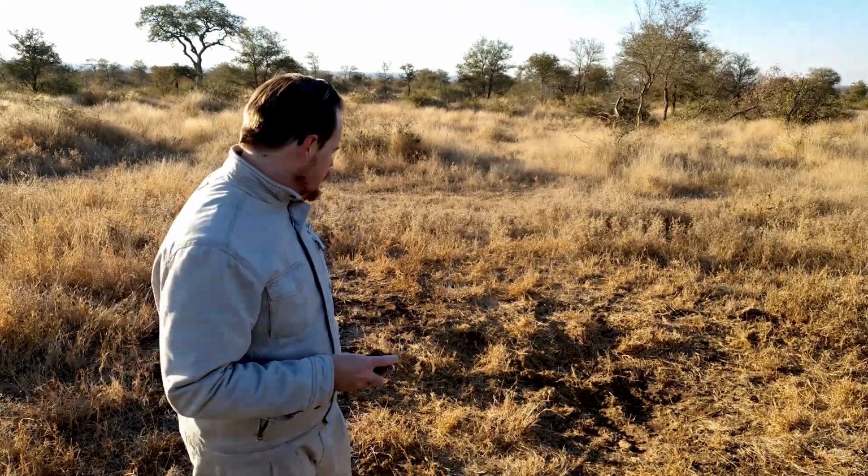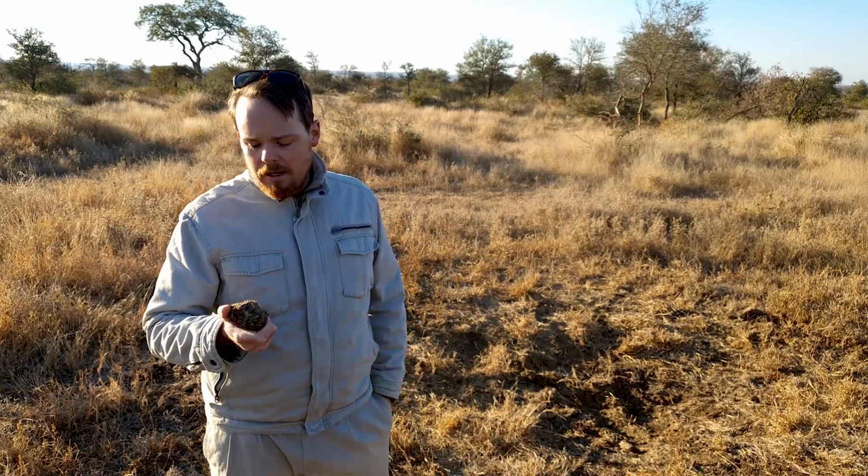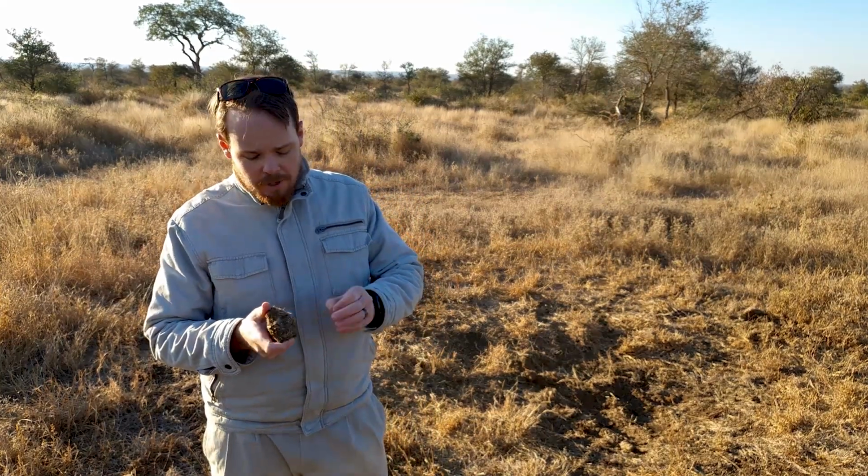So yeah, nice big rhino midden, and lots of animals have lots of different ways of leaving scents and marks and things like that. And if you're looking for a little bit more information on that, maybe go check out one of my last blog posts, one of my last